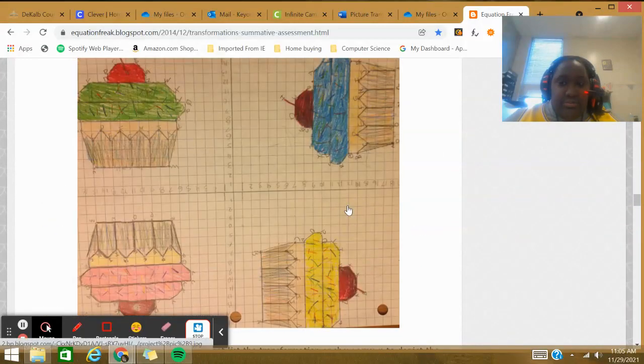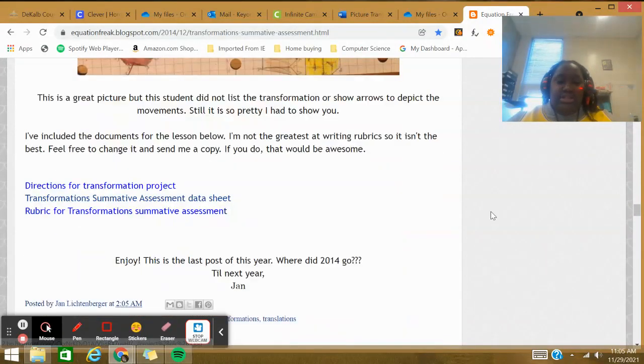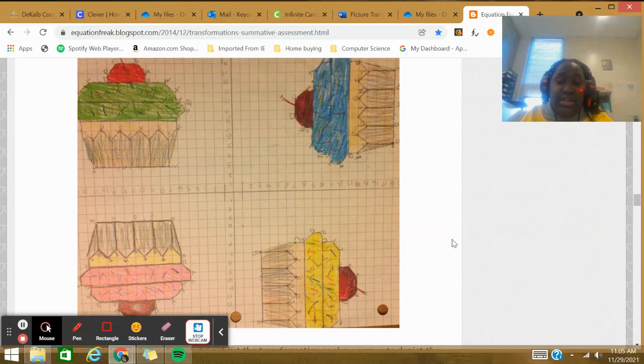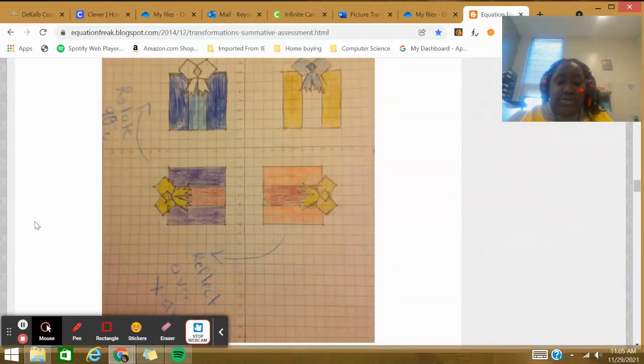Um, the sky's the limit. And so my suggestion will definitely be as creative as you would like. If you want to see more examples, I will have them posted up in the